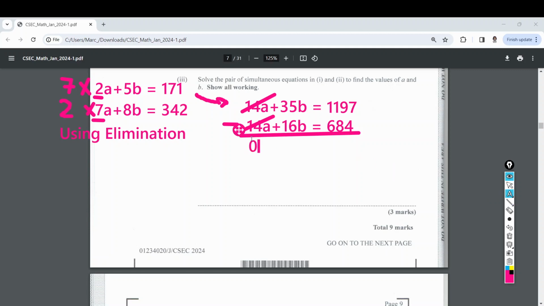Then 35b minus 16b now, that's gonna give me something else. 35 minus 16 should give me what? I should get 19. So I'm gonna get 19b here is equal to